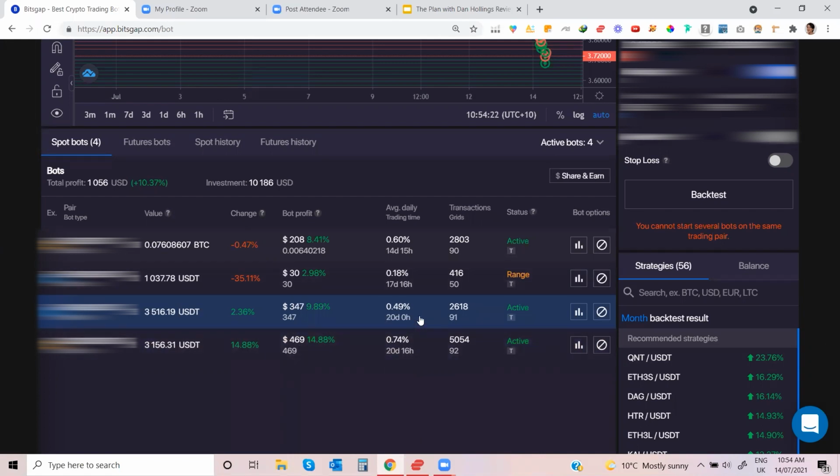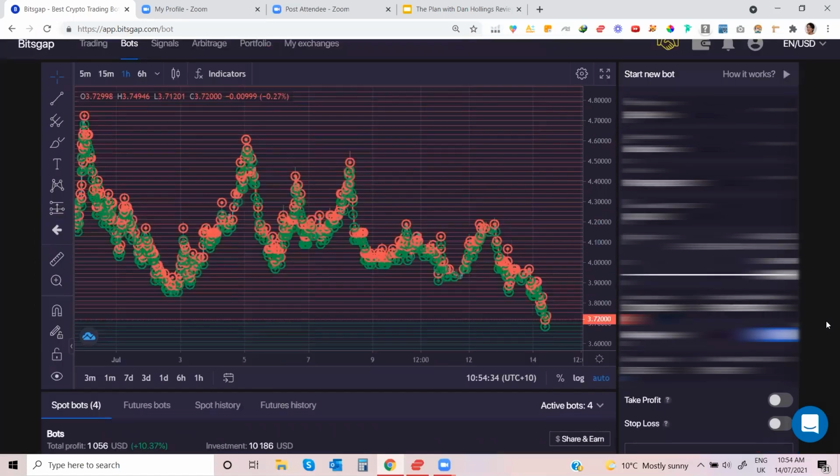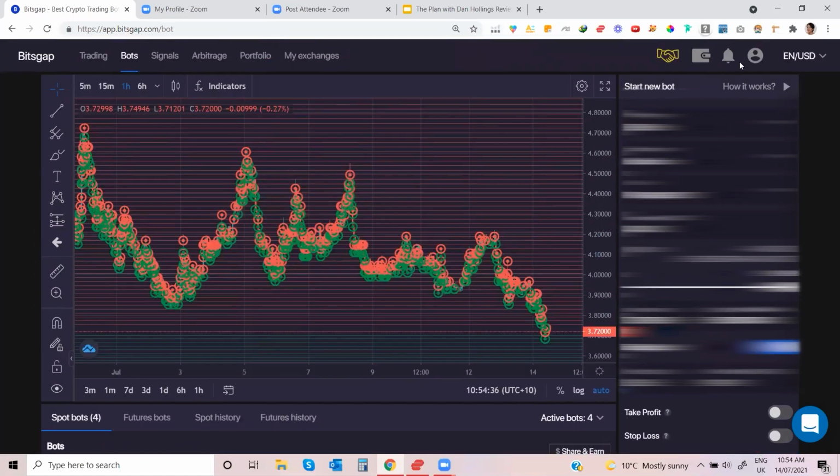Now, as you can see, this one here has been a little bit slow. It's coming in at under 0.5% return per day, which, hey, compared to the bank, it's fantastic. However, I might look at replacing it. So what I'm doing is I'm running some